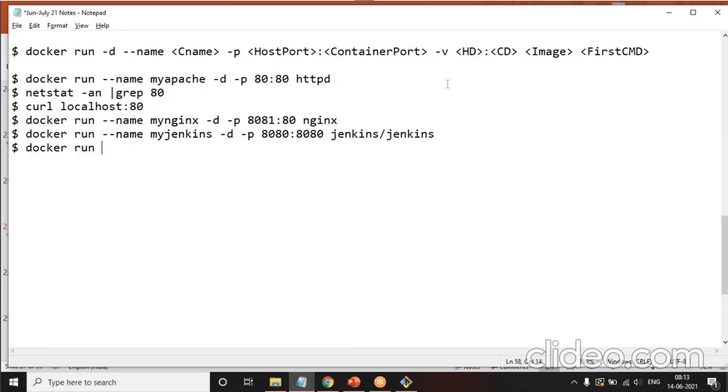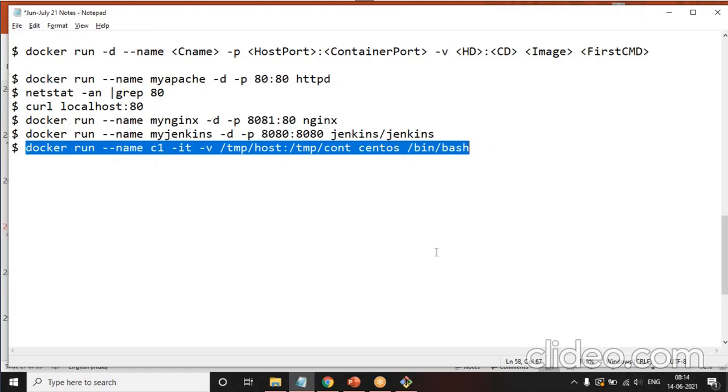Now to show you this example, since I am mapping some folder, and I want to go inside, let me just give it the name C1 and I will give it in interactive mode. Okay, and we will use CentOS and /bin/bash, and I want to map it. So this is where I will say on the host machine, there will be a folder called temp host, and this I can map to a folder called temp container. Now, if this folder is not available inside the container, it will create it. Okay. Now,